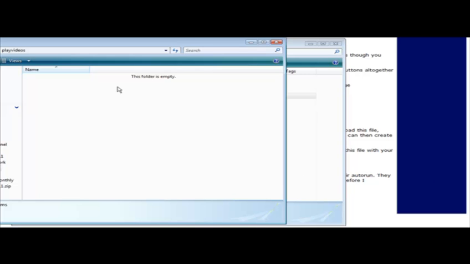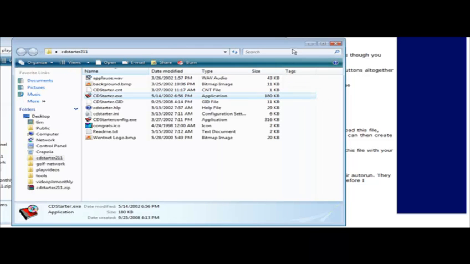You can have it open up any file you want or play any sound. Okay, so I've transferred 4 videos in here, and these videos are on server transfers. In other words, transferring from one server to the other. This is one of our video series. So now what we're going to do is we're going to go back here and we're going to open up the CD Starter config,